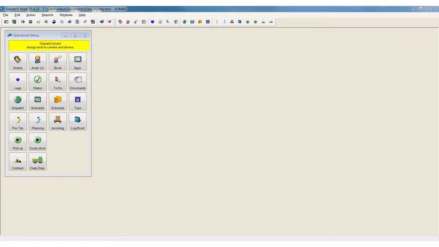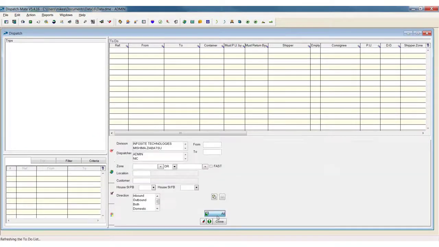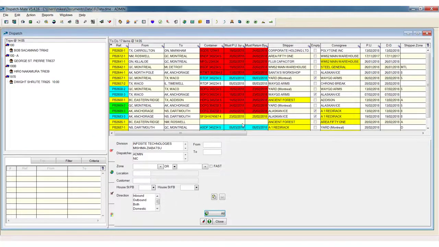This video will present just some of the Intermodal features found in the DispatchMate software. The dispatch board is the central location that users work from. Here we can view and create orders, as well as assign those orders to drivers on trips. The board is user customized with many saved settings, but these can be changed at any moment with the use of many available filters,